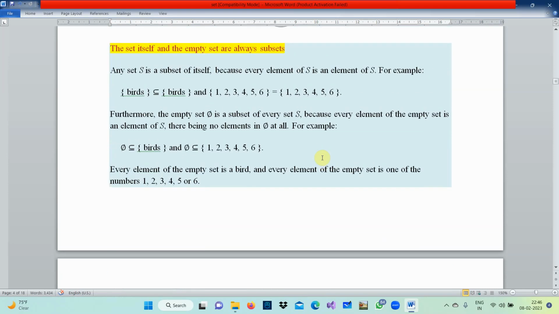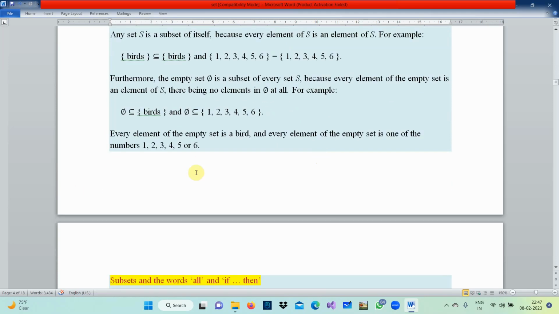And now you go for the set itself, and the empty set are always subsets. So what is the meaning of that? See, A is a set, and A can be a subset of A also. A is a set, that means all the elements of A can be a subset of A itself. That is the link. The set itself is a subset, and an empty set. Empty set does not contain any element. So this empty set is always a subset of any set. For every set there is an empty set. You got it now? So this is the reason. So the set itself as well as an empty set can also be part of a set. You get it now? That is the thing.